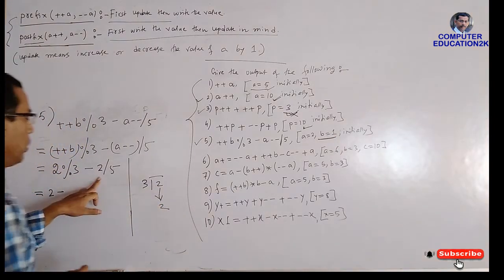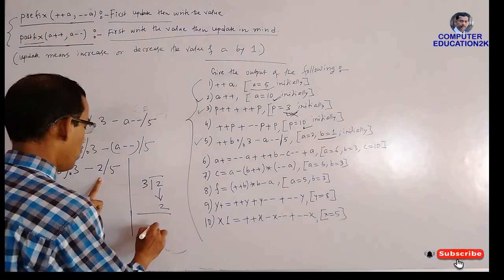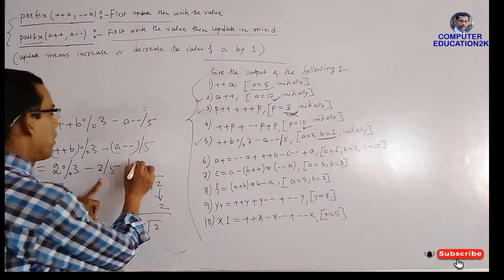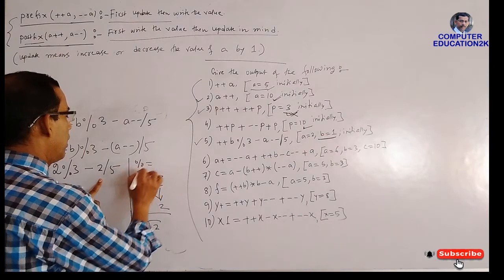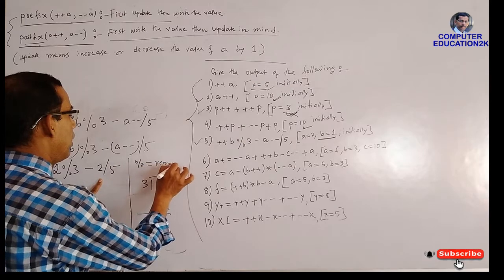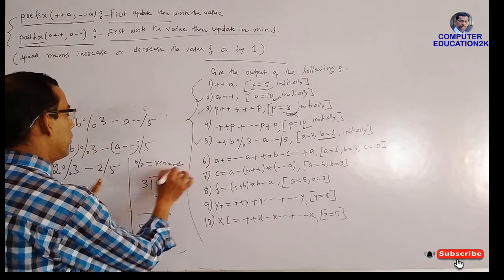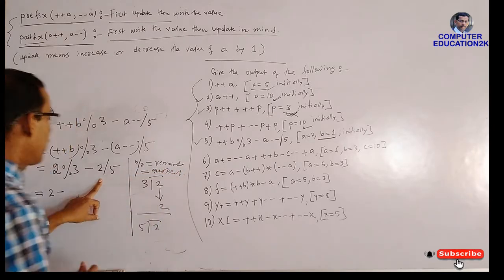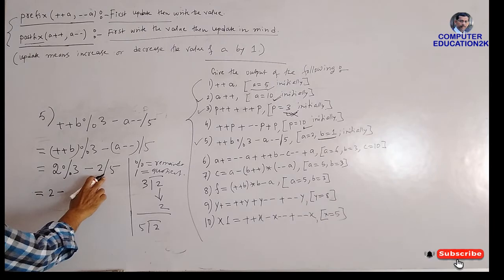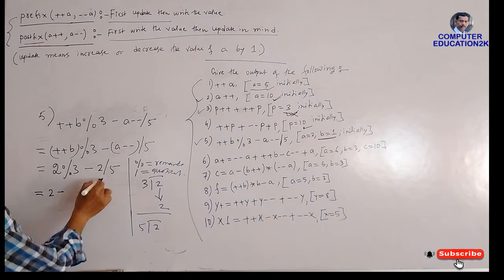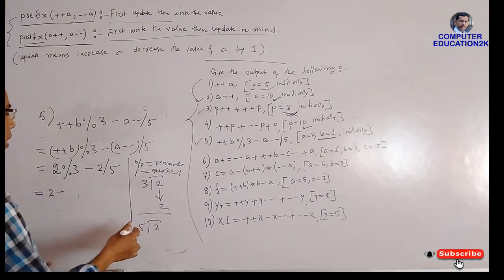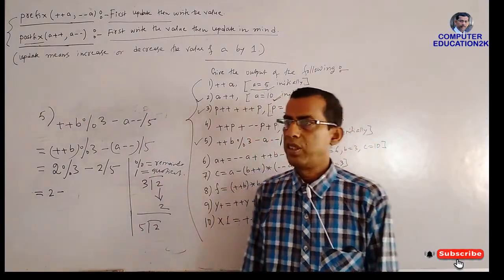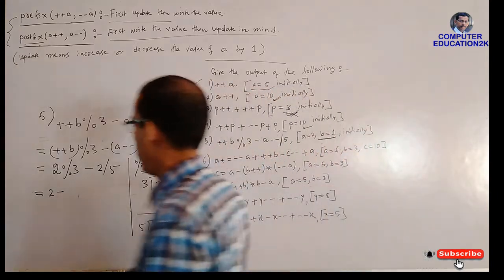Minus 2 by 5. You have to divide 2 by 5 and take the quotient. This finds the remainder, and this finds the quotient. So here you have to divide 2 by 5 and take the quotient. Now you cannot divide 2 by 5, 2 is smaller, 5 is the bigger number.